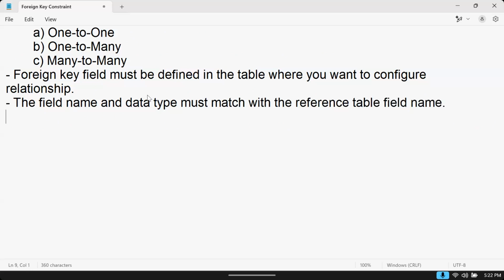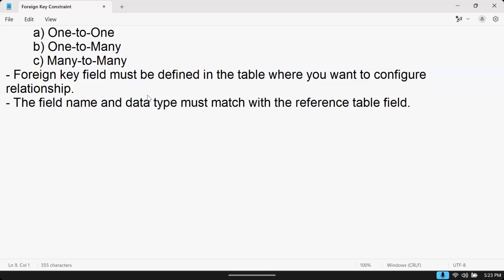The field name and data type must match with the reference table field. They should match with the reference table field. This is the first point. That means, for example,